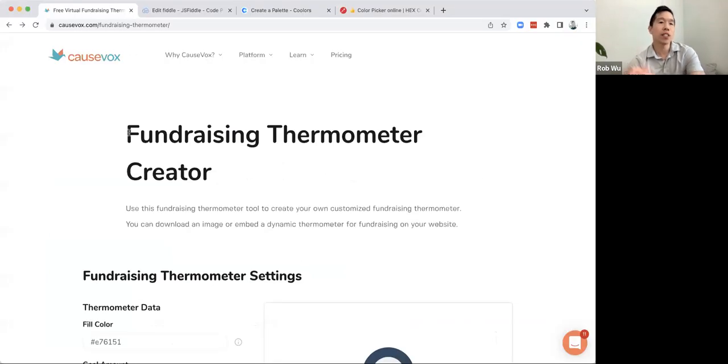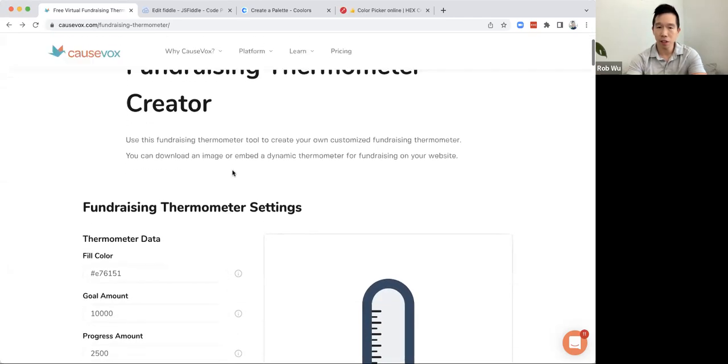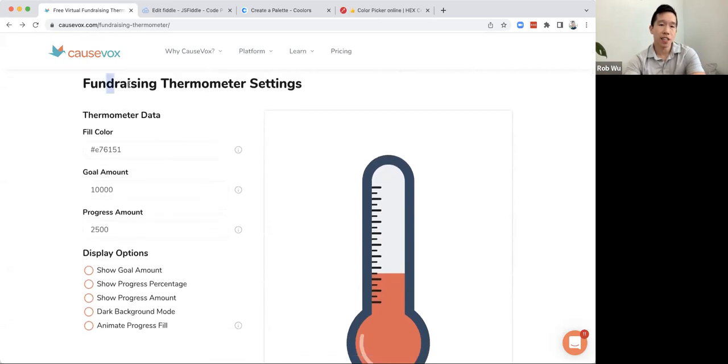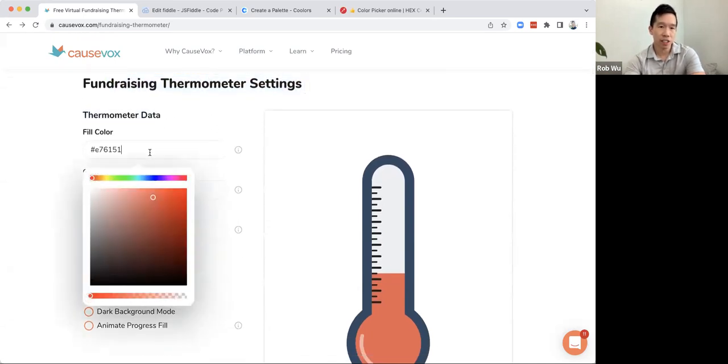All right, so once you go to cosvox.com/fundraising-thermometer, it's a free fundraising tool, just like you saw in the slides. The first thing you want to do is, on the left-hand side under the settings, select the fill color. The fill color really is the color. Right now, it's kind of this red color over here, but you can choose the color to match whatever look and feel you're looking for. So whether it be green or blue or purple or whatever color that you want,